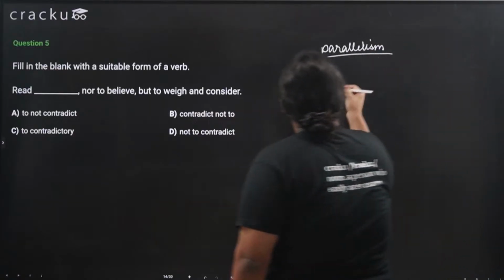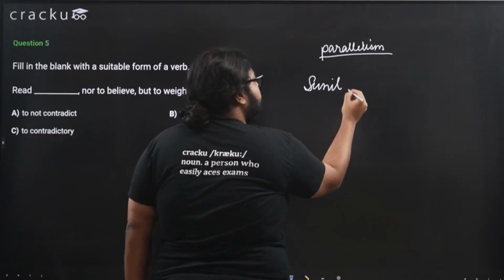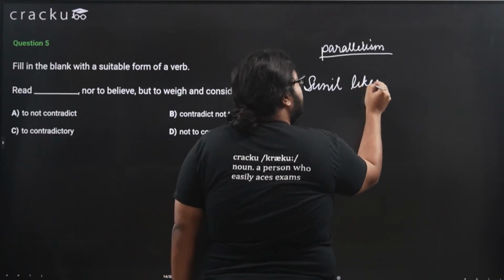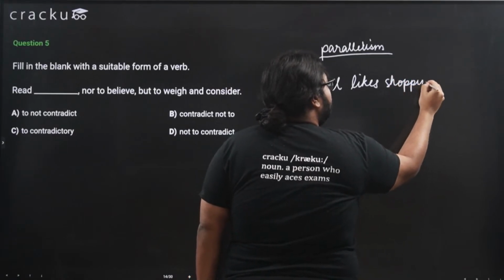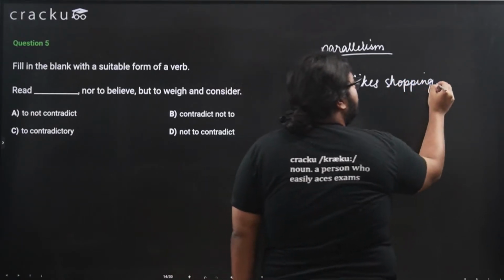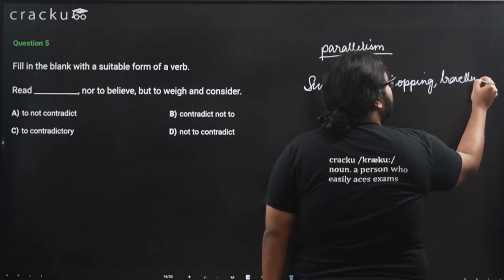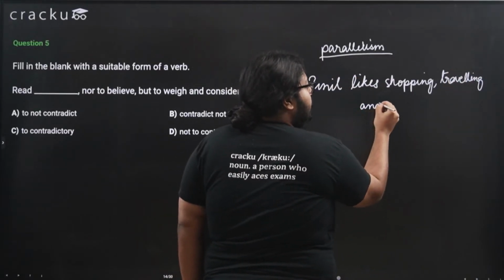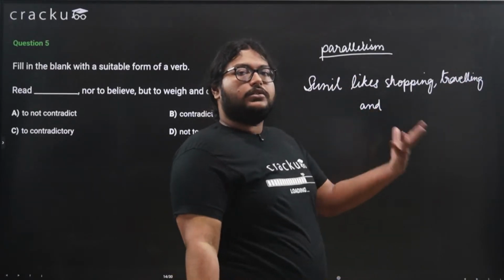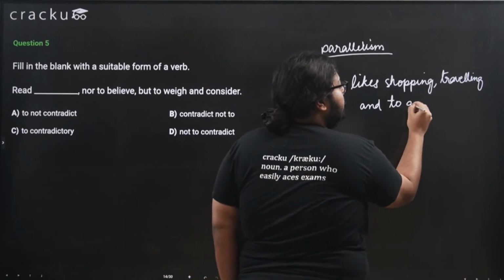Like if we write something, say, Sunil likes shopping, traveling, and let's say he likes to go to the mall. So we cannot write "and to go to the mall,"